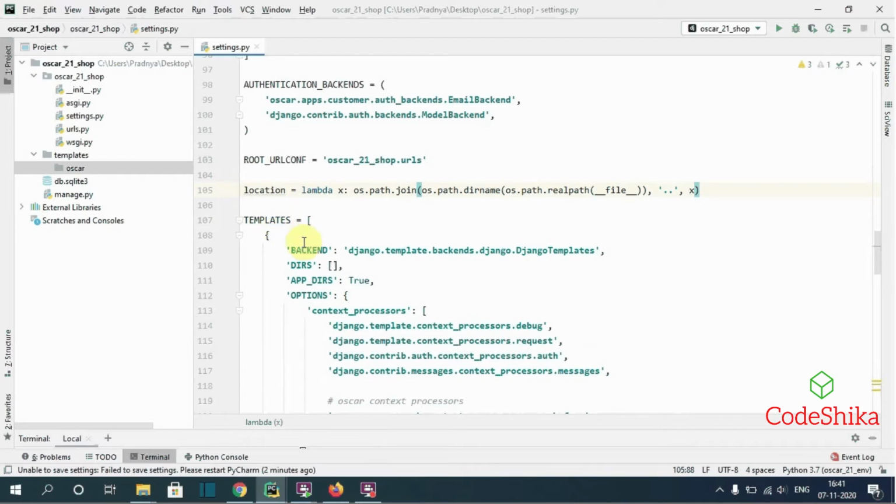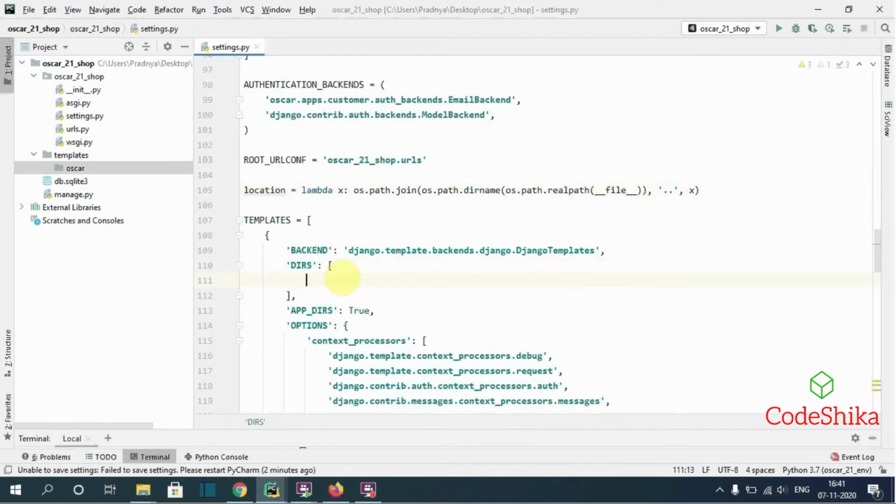So inside the template setting, in DIRS, here I will call the function location with the argument templates, and this function will return the full path for the templates directory.